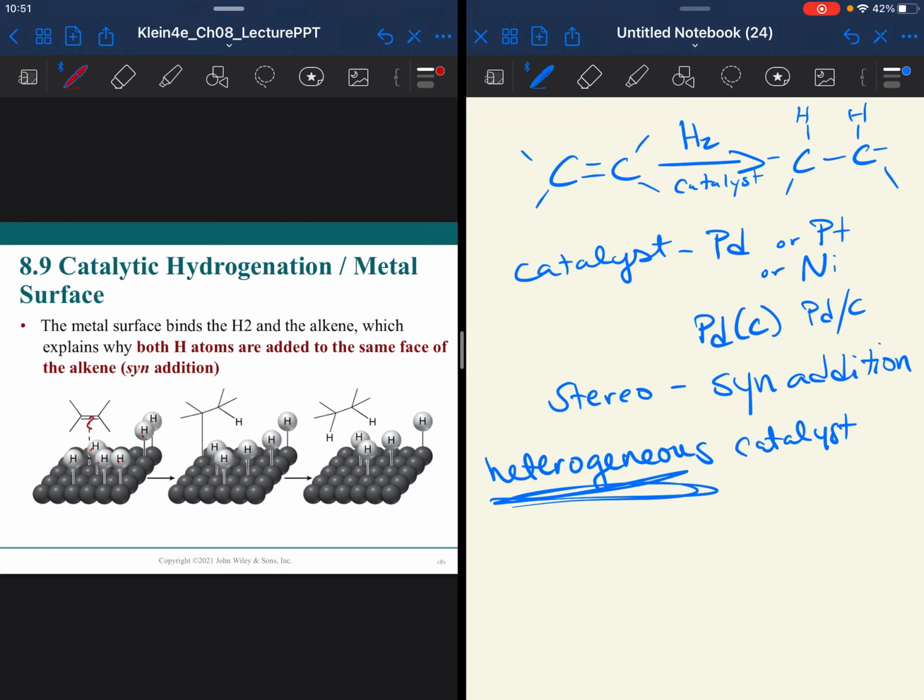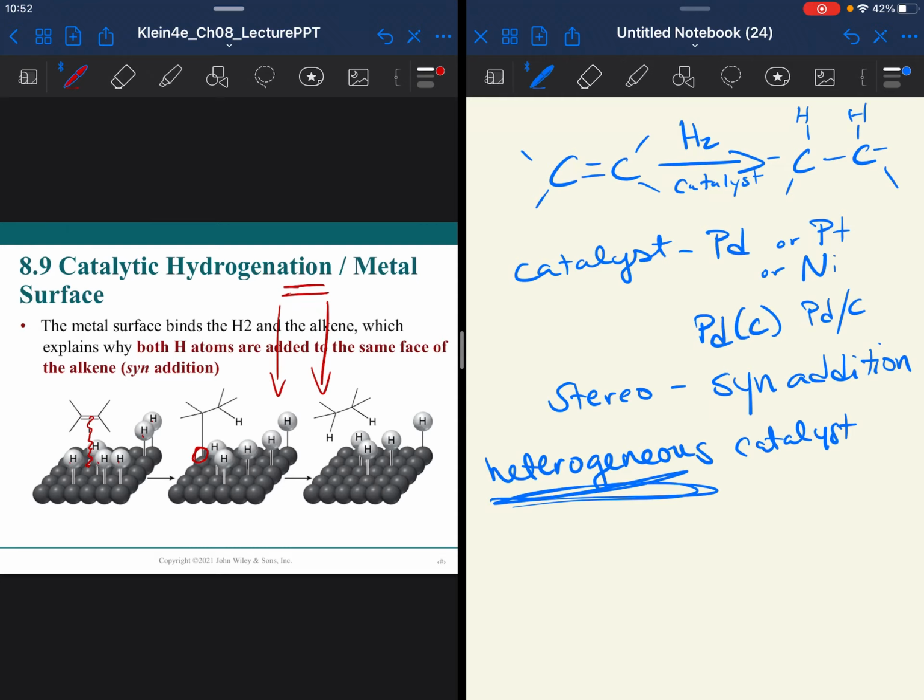Then your double bond comes in and you get an attraction, right? That pi bond starts to break and it kind of happens all together. The pi bond, you see it kind of adhering over to the metal on one side, but it picks up a hydrogen on the other. And then this carbon metal bond shifts and picks up another hydrogen. So you can think of it as this flat surface of this double bond comes in and picks up a hydrogen off the surface. So it has to pick it up on the same